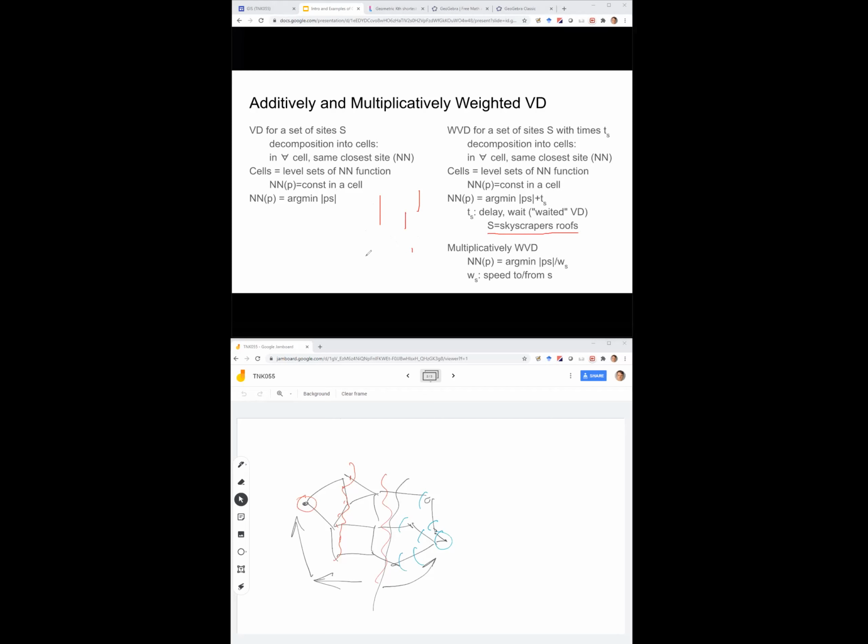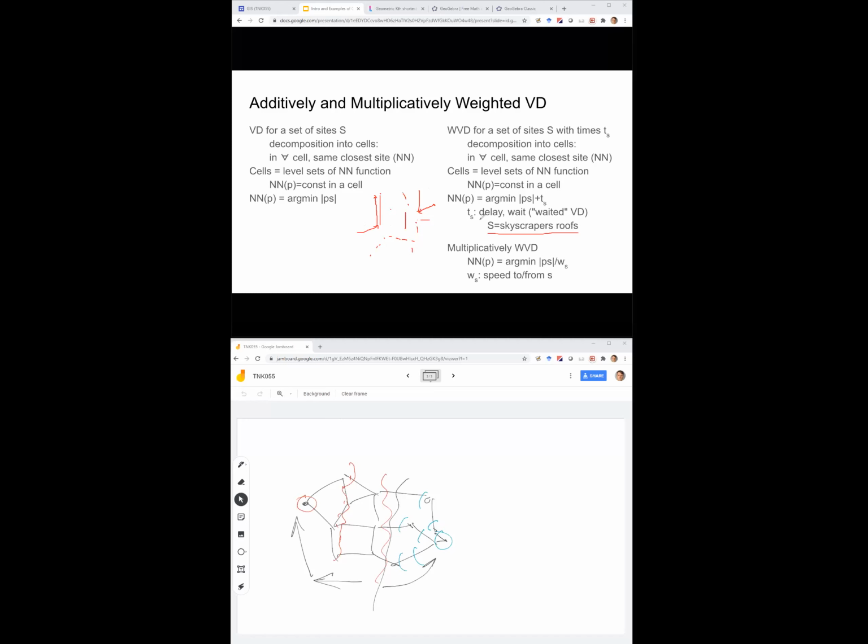And again, you want to decompose your city into Voronoi cells. And for every point in a certain Voronoi cell, you would know that you want to go to this skyscraper if something happens, and then you have to take the helicopter from here, I don't know, to the hospital or whatever these helipads are. Maybe this is urban air mobility, and we will soon be flying in the drone taxis. But the catch here is that you don't just have to get to the skyscraper, you also have to go up the skyscraper to reach the heliport.